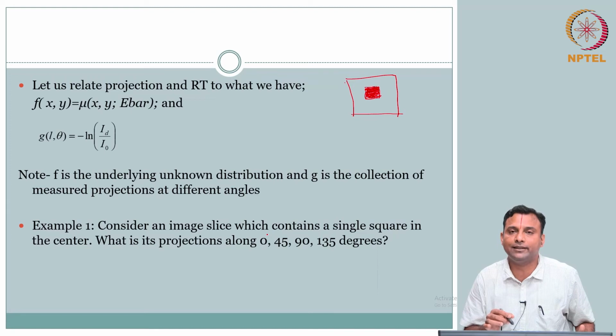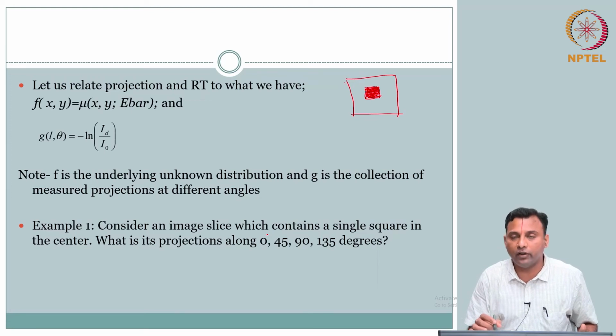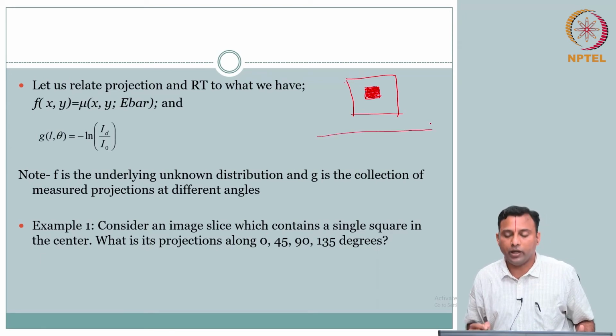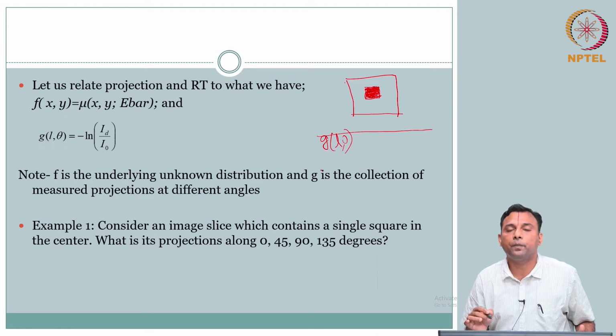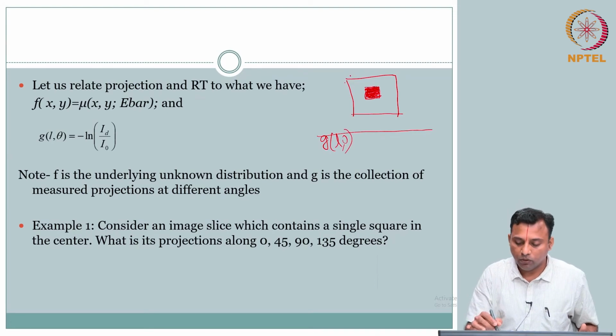What are we measuring in CT? It is projection. So can you draw the projections at, say, for example, 0 degrees. So I am going to have my L, comma theta. Theta is 0 in this case because I am taking a simple one. So what is this value? What is this going to be? This is going to be my G of L comma 0, for example. What is this going to be? Brute force interpretation. It is line sum, right?